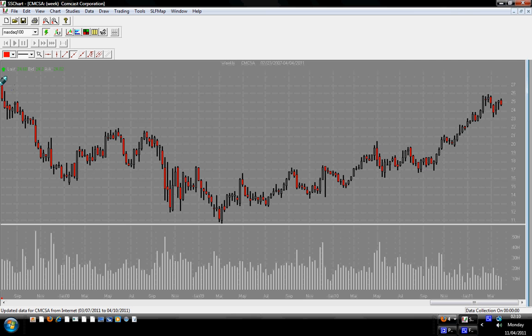Okay, so what we're doing now, we're going to draw lines again on this weekly chart. We can see that the price was in a downtrend and then did consolidate a bit in this zone. Now I'm going to use another drawing tool, the horizontal line, in this section here. That's it, and then I will just draw them like this.